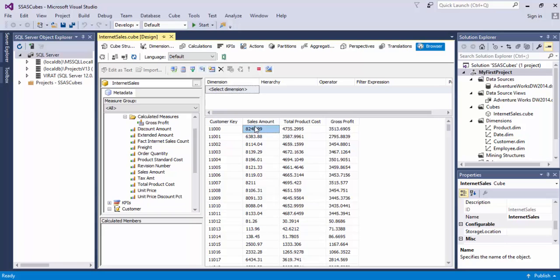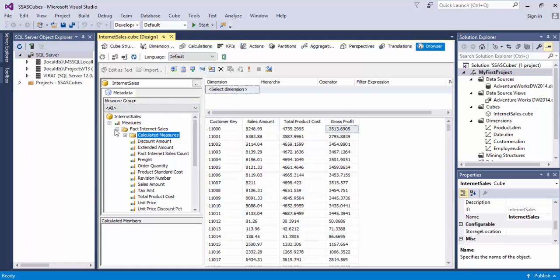See, gross profit is nothing but the sales amount minus total product cost, right? If you subtract them, you'll get the same amount. This is one type of calculated member that we commonly use. If you want anything, you can write your own formulas or whatever you want, you can get it. Now what we are going to do is, apart from this, we are going to have